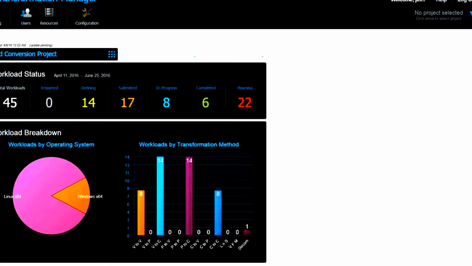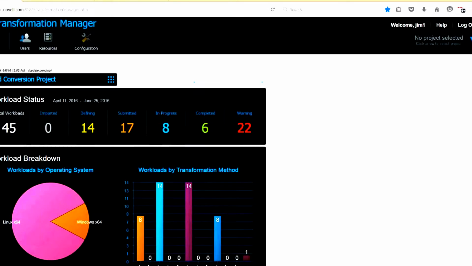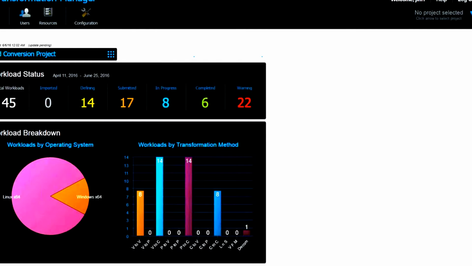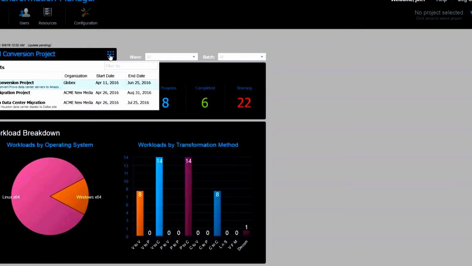We'd expect these to be corporate executives or customers or anybody who's got an ongoing stake in your migration projects. Now, a user who has only the dashboard viewer role would only be able to see the dashboard and wouldn't see any of these other main nav items. For system administrators, though,